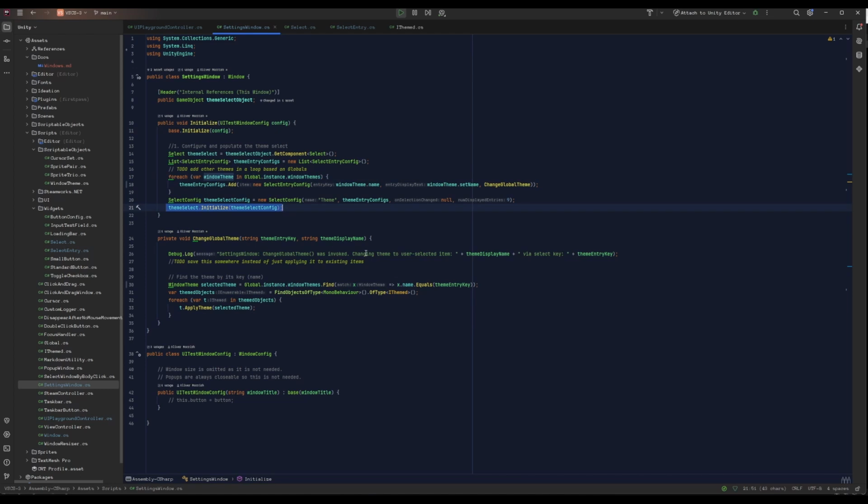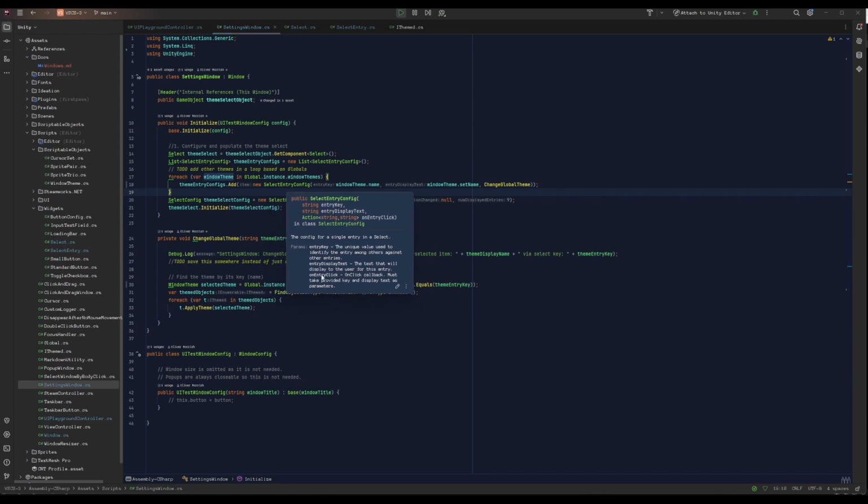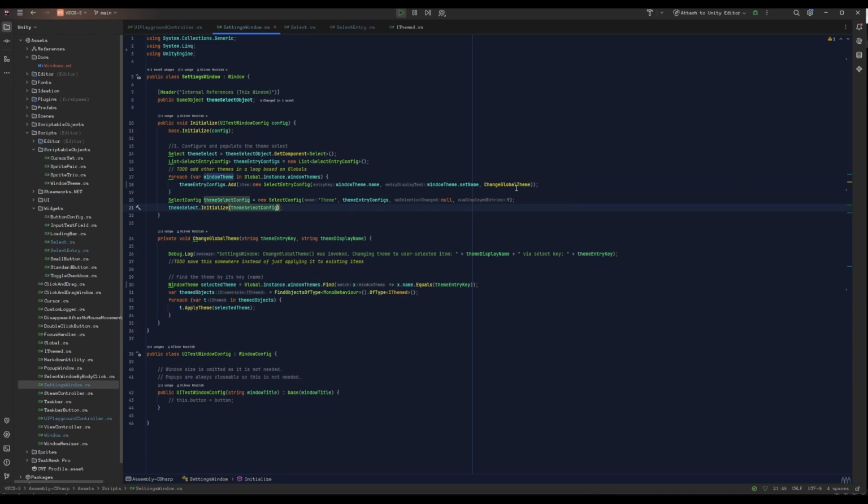So it's just passing in those parameters. Simple as that. And interestingly here, we've got the change global theme that's being passed into the entry config as the onEntryClick callback method here. So whenever an entry is clicked, it calls change global theme and it calls it with these two for the